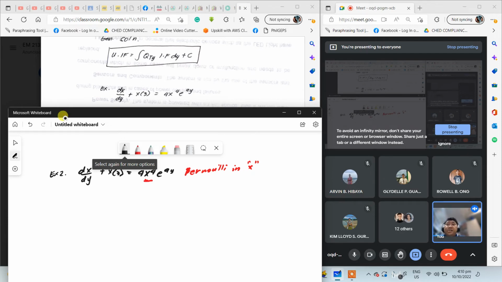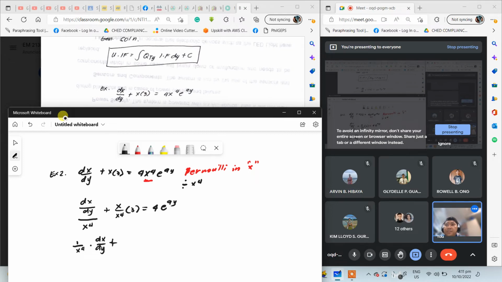So, from here, what we need to do is obviously divide it with x raised to the power of 4. So divide that one, it will give you dx over dy all over x raised to the power of 4 plus x over x raised to the power of 4 multiplied by 3 equals, obviously x raised to the power of 4 over x raised to the power of 4 is 1, sorry. So that is e9y na lang ang mabilin. From there, it is just like 1 over x raised to the power 4 multiplied by dx over dy